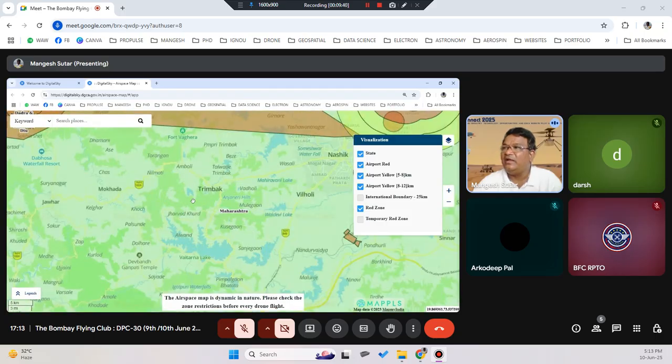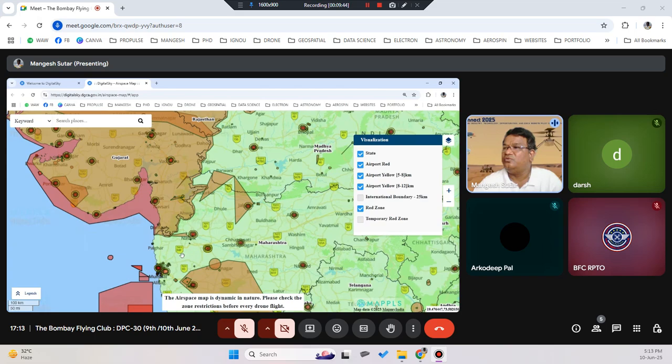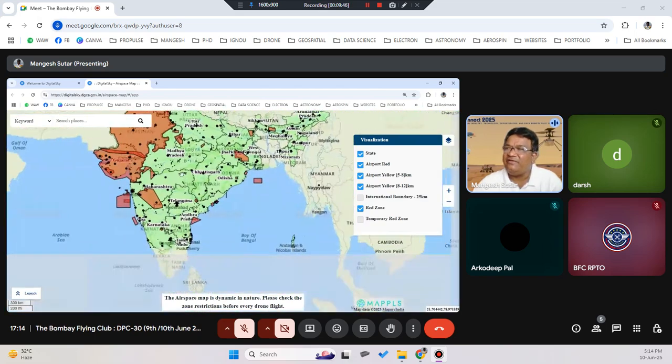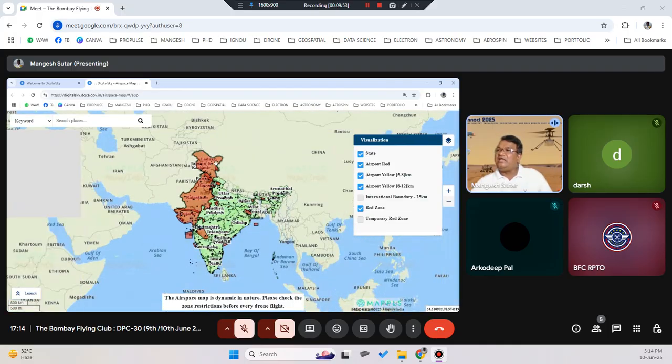Okay, we are completely in the green zone. We are away from the red zone and all those things. So that is how it is. We are safe to fly our drones for training purposes. Okay, whereas you can see the digital sky, it is showing